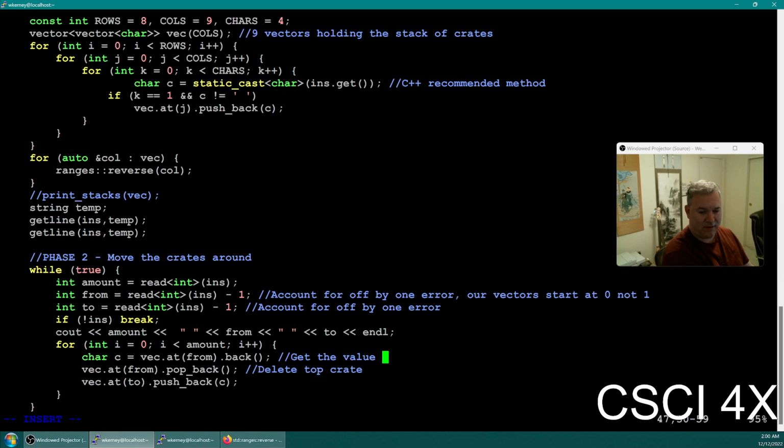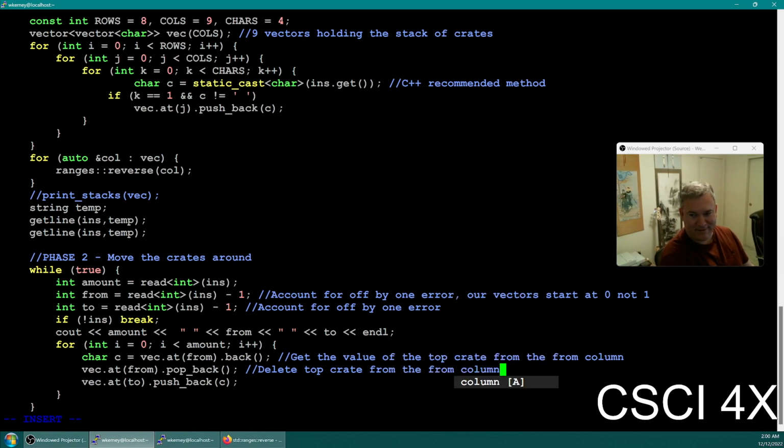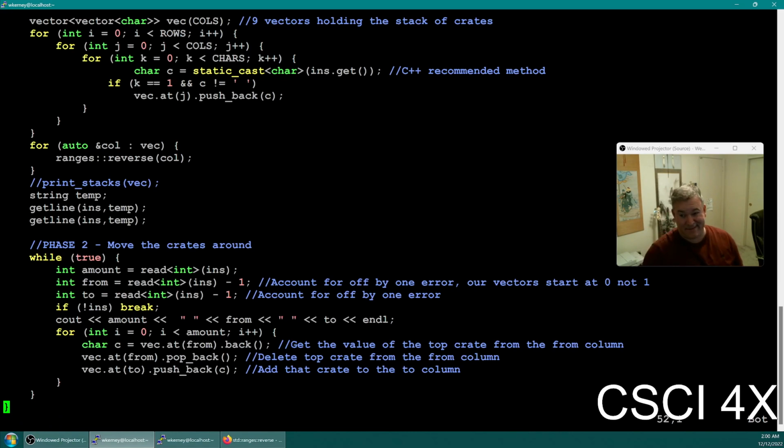Get the value of the top crate from column. Delete the top crate from column. And maybe should have had a better variable name there. And then add that crate to the column. I think we're done. Actually, maybe. Let's see how this goes. So let's